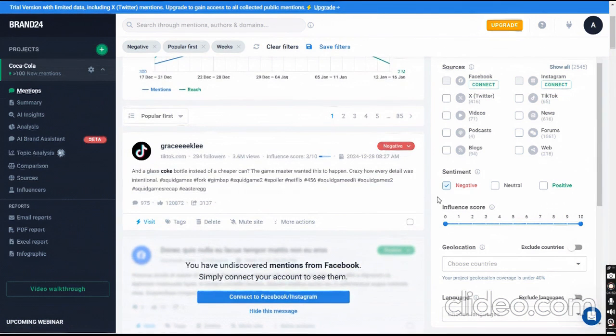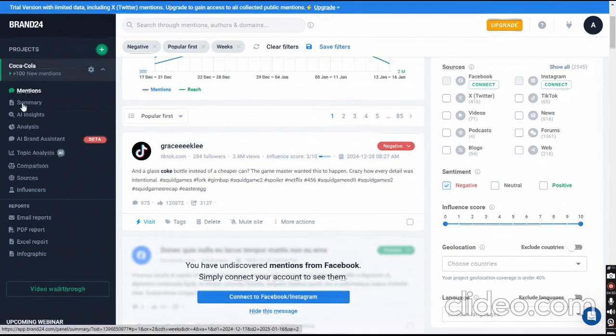The brand was mentioned as a negative. So most brands want to understand and analyze where they went wrong and how they can improve. So Brands24 is an amazing website where you can do this. It gives you a deep insight and analysis of the brand that you choose. Now, if I go to the summary section,